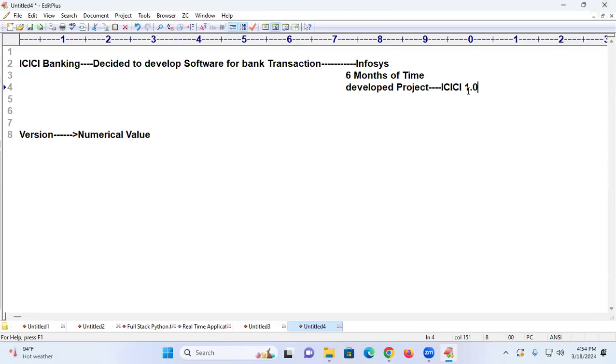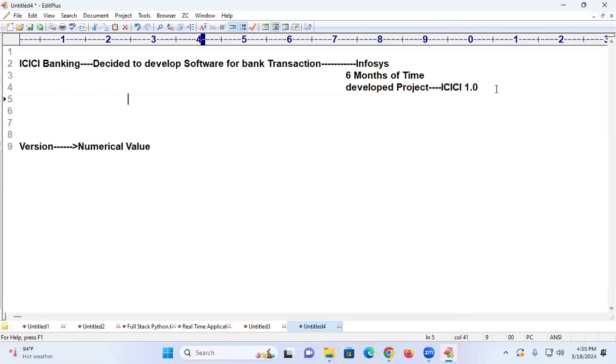What is this? A dot and 1.0, first of all, is called a version. The left side of the dot is called a major version. The right side of the dot is called a minor version. Spell out what the left side of the dot is called? Major version. Right side of dot is called? Minor version. Anything that comes after that we can call alpha and beta versions. I will explain in the class. Right now, don't worry. What is this one called? Major version. What is this dot zero called? Minor version.